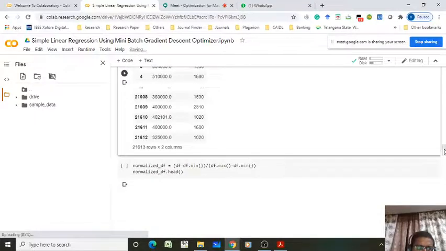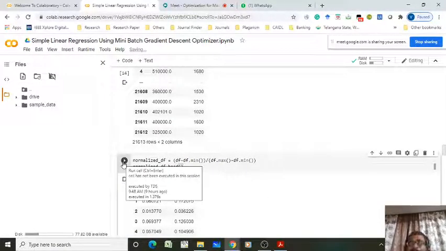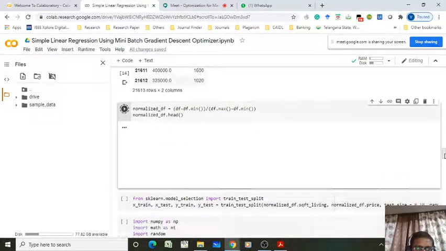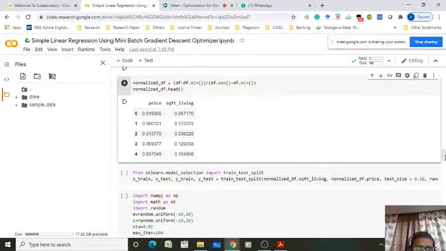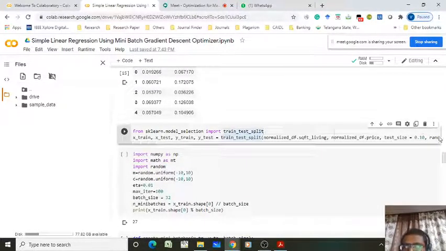Right? What next? We have to normalize the data. There are different types of normalization. This normalization is called the min-max scaler method. So we scale down by using the minimum and maximum values. So you normalize the data. And you have to split the data by using the train test split method. So you have to pass the input, the output, the test size and some random state value to generate the same batch for the training and testing.